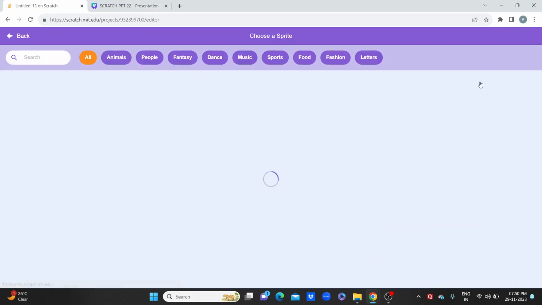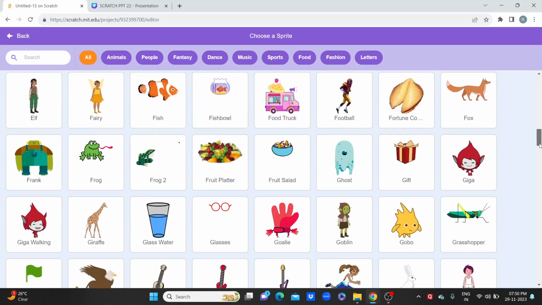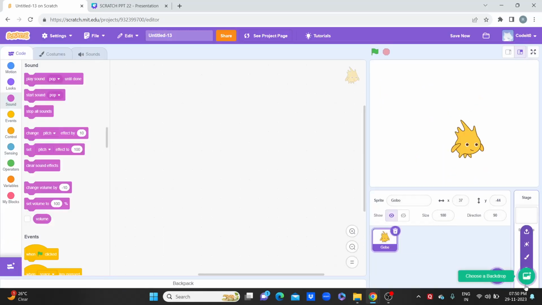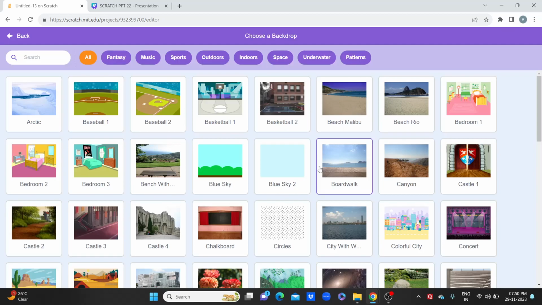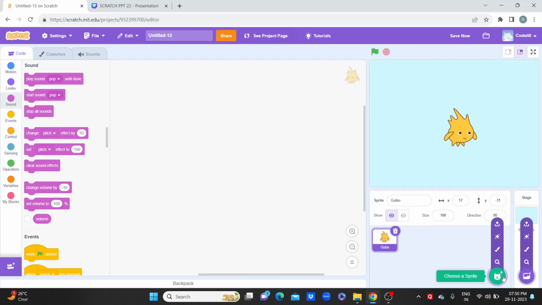I'll take a new sprite actually now. We are so bored of the cat all the time. I'll go with Gobo. And I think I'll take this. Okay, and now what I'm going to do is,